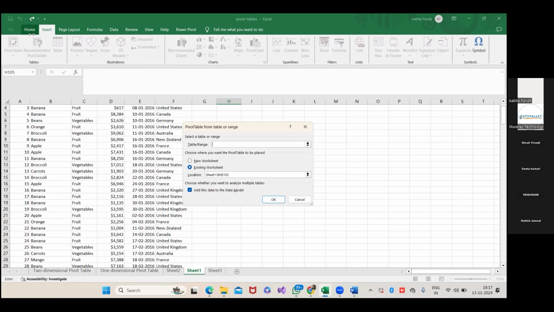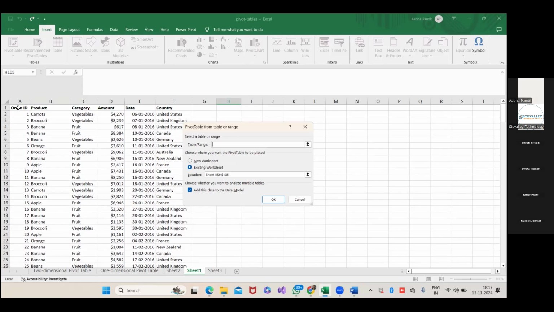But if you are doing a pivot table for the first time, I would recommend that you select the whole data set, because later on we can control what we need in the further steps. Now try to understand what I am doing here.